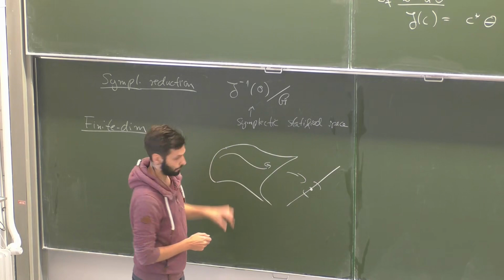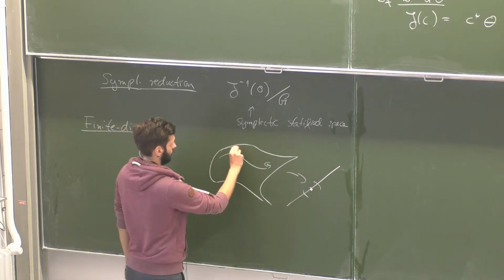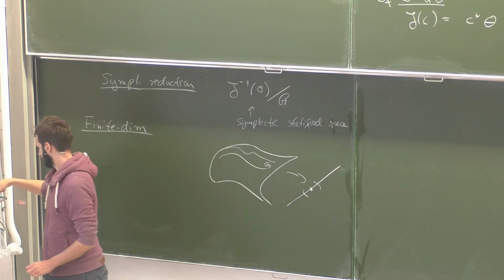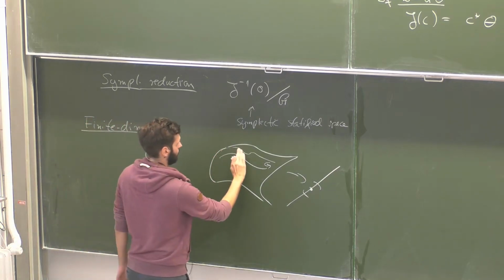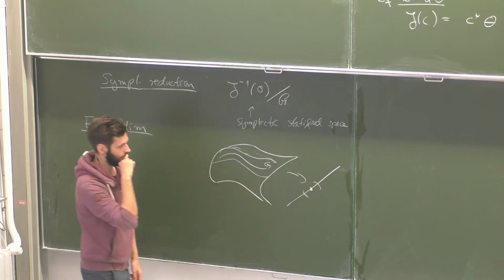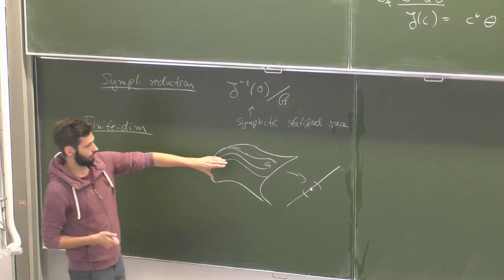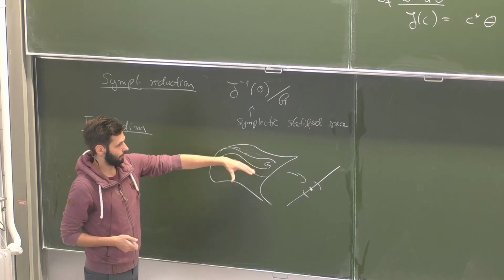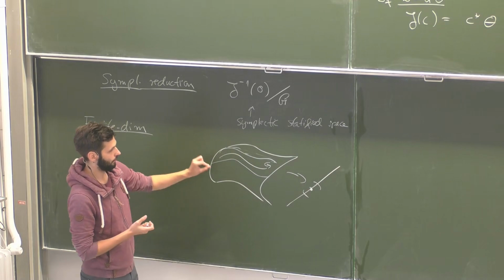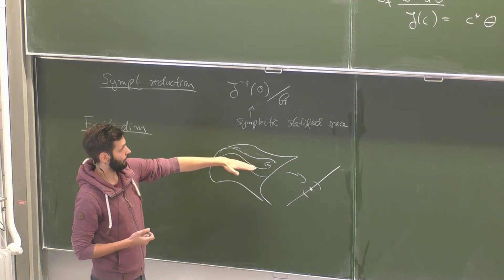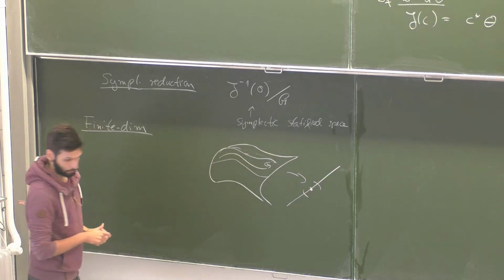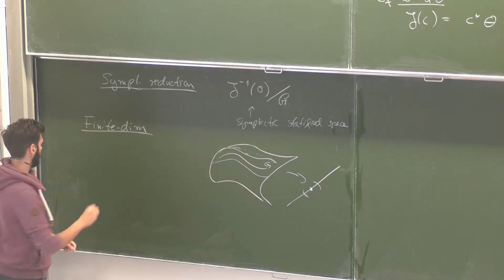The natural choice would be that we take a tubular neighborhood upstairs, and we would like to construct it in a way that we can understand what the symplectic reduction is doing in the tubular neighborhood. So the way we do that is that you construct